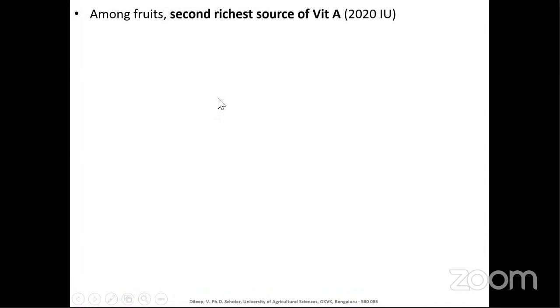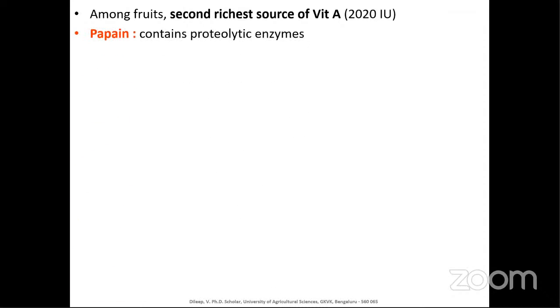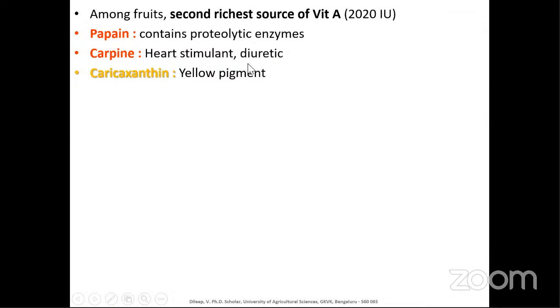Moving forward. After the mango, papaya is one of the fruits that is the second richest source of vitamin A, that is 2020 international units. The mango has 4,800 international units of vitamin A. It contains papain, a proteolytic enzyme. Papain is a dried latex which contains proteolytic enzymes, and it also has carpaine, a heart stimulant and also diuretic. What is diuretic? The property which